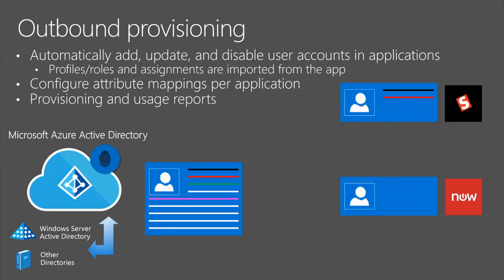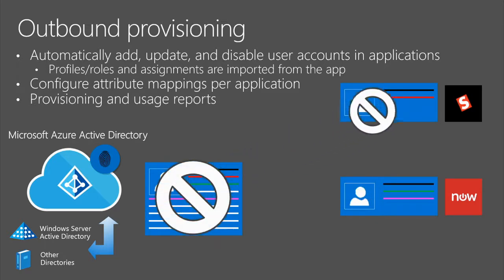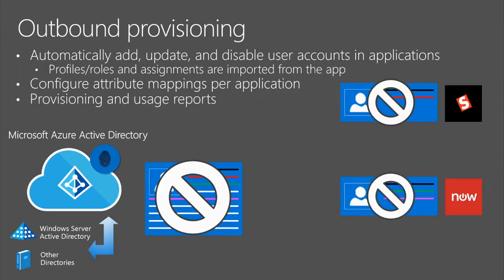You can delegate to an end user the permission to manage who has access to Salesforce by assigning someone in a similar way to what I did earlier in the demo. That user account will then be provisioned into the application. You can control which attributes from Azure AD will flow into that application, how they map, and whether they need to be transformed in flight. If a user account is disabled, removed, changed position, doesn't meet the rules anymore, or the user in charge decides they shouldn't have access anymore, their account gets disabled in these appropriate applications. You get reports on all of this, and you just don't need to worry about it anymore.